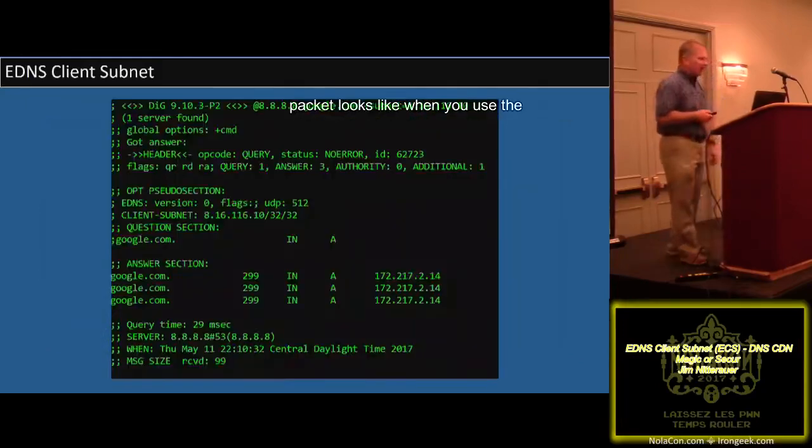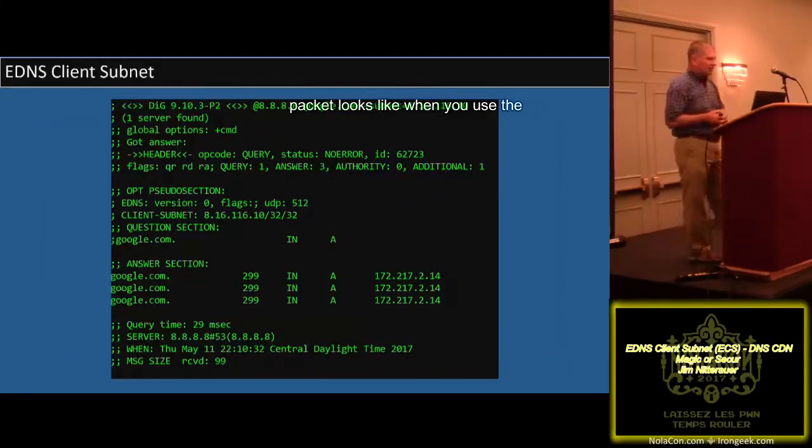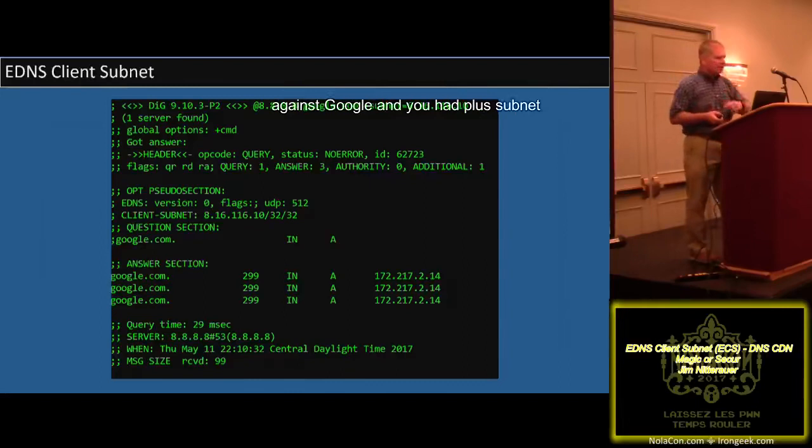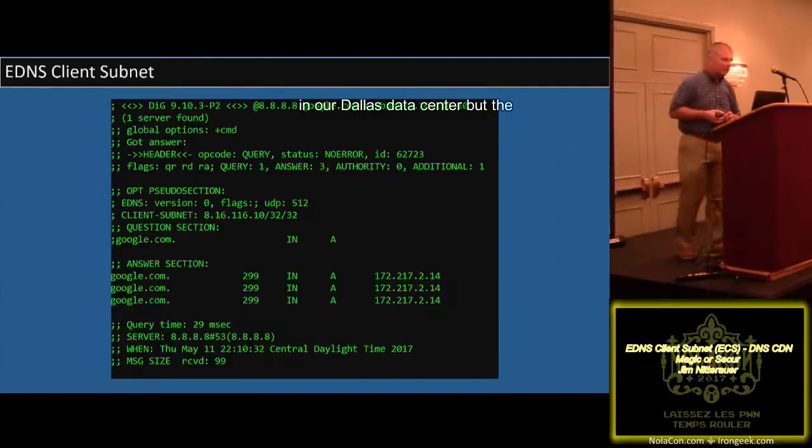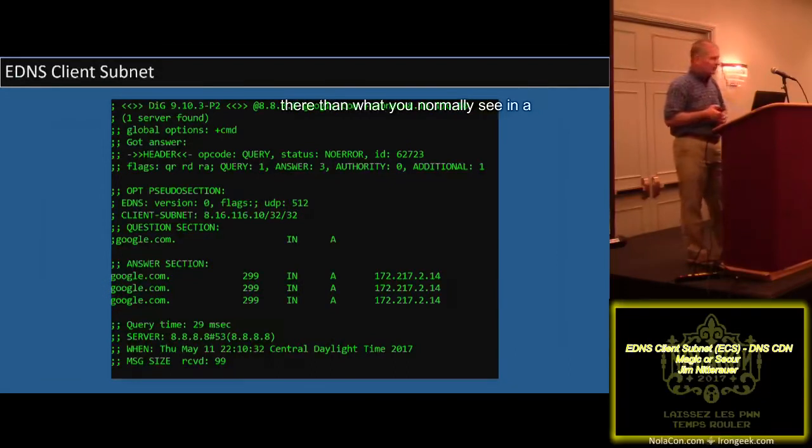Here's what a dig packet looks like when you use the +subnet option. I don't know if you can see it on the screen, but you're doing a dig against Google and you add +subnet= and there's an IP address there. That just happens to be an IP address in our Dallas data center. The interesting thing is in the OPT pseudosection: do you see anything different in there than what you normally see in a regular query?